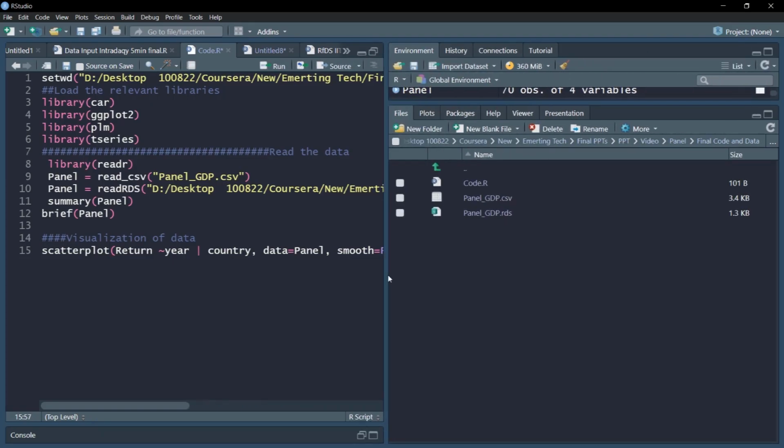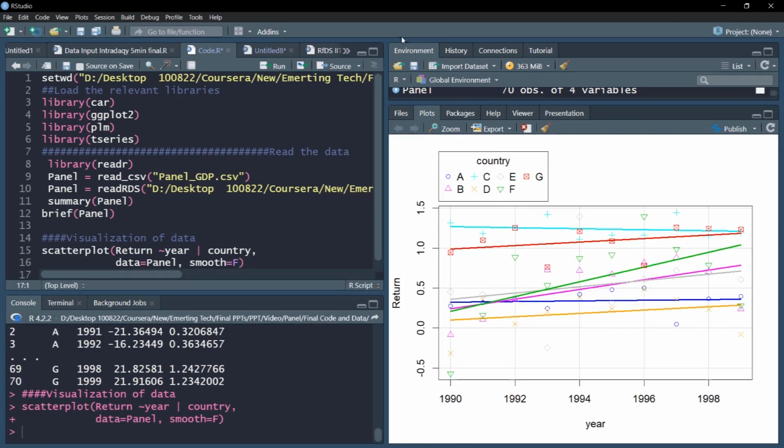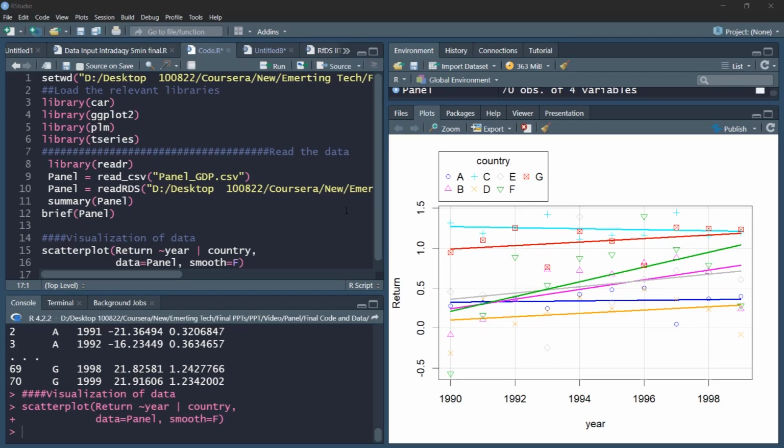So now we'll run this command and the plot should ideally appear on the plotting window here. As I run it, you can see the plot window. The interesting thing about this diagram is that the lines show the relationship between return over years for different countries, and for each country the scatter points are there. You can see different shapes, and also the line is given in the form of different colors. Notice the interesting thing that for each of the countries we can see the pattern of GDP and relationship. The relationship has over the years behaved differently for different countries. It's not the same for all the countries, and that creates a kind of heterogeneity in this relationship across countries. So this is the first step.